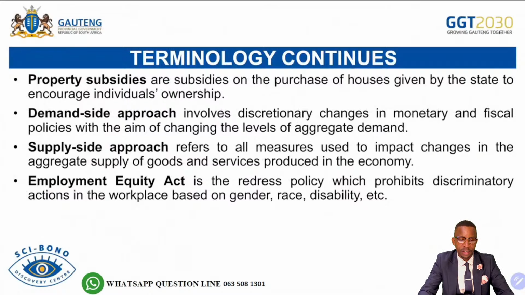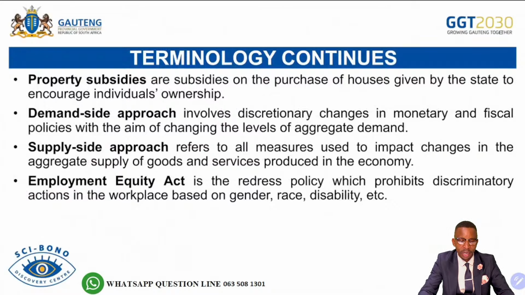Property subsidies. In this case, we refer to what we call subsidies given by the government or the private sector, maybe to employees, so that they can afford to buy the fixed property, so that people can be able to own the fixed property. Then they are given subsidies by their employers. It can be the government providing the housing subsidy to employers so that they can afford the housing